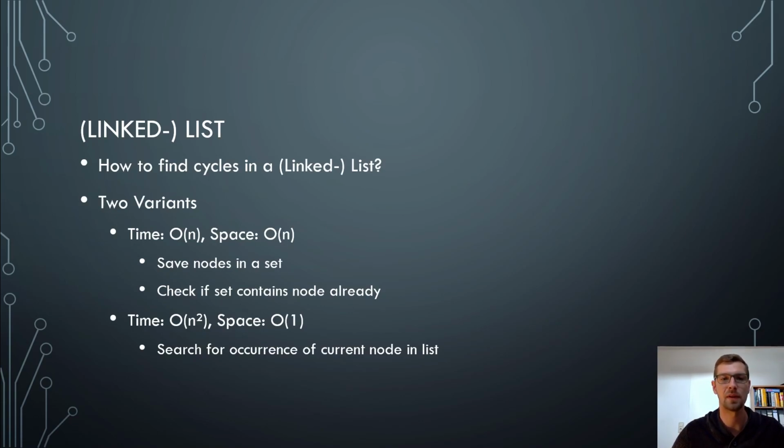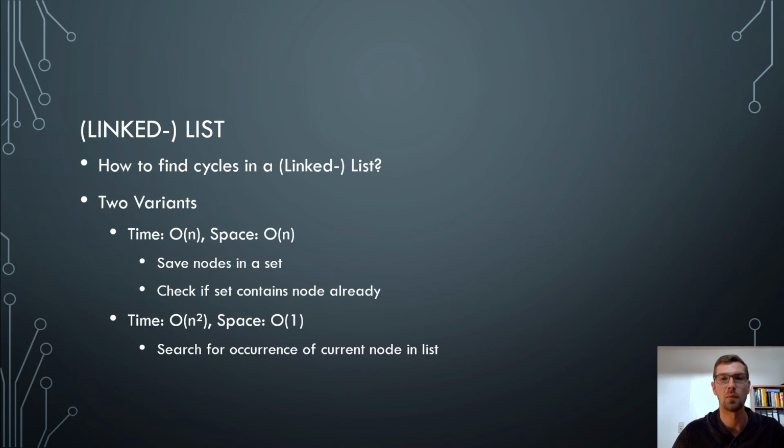Well, there are basically two variants. One has a time complexity of big O of n and a space complexity of n, and the other one has a time complexity of n squared but a space complexity that is constant. The difference is that in the first variant we save our nodes in a set. So we have to save all the nodes in the set, that is our space complexity of n, and we